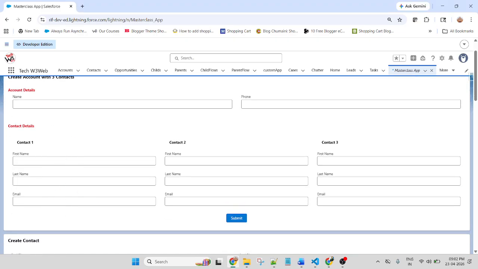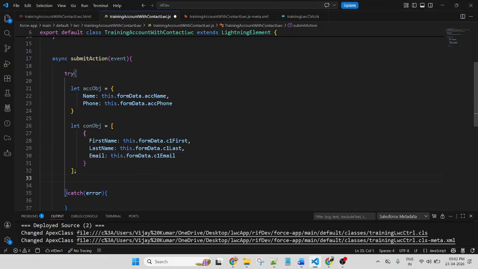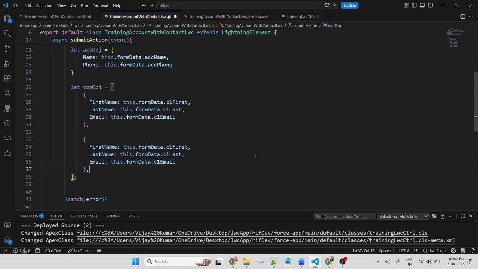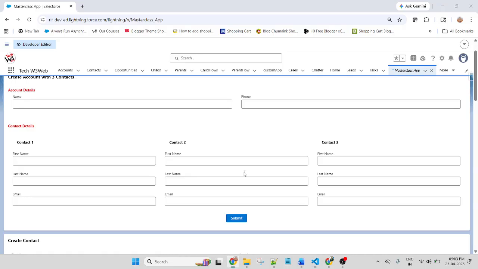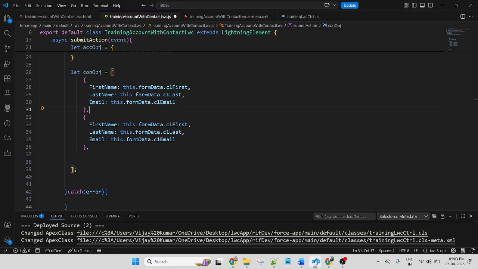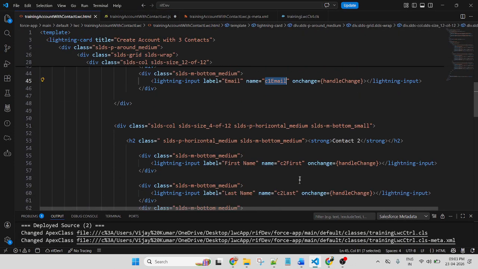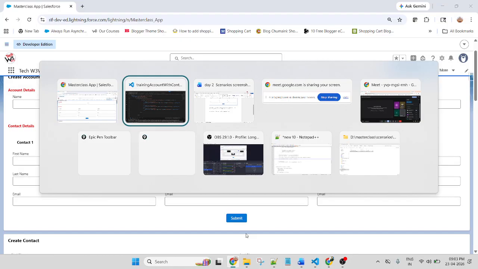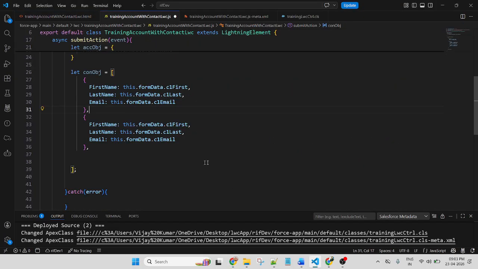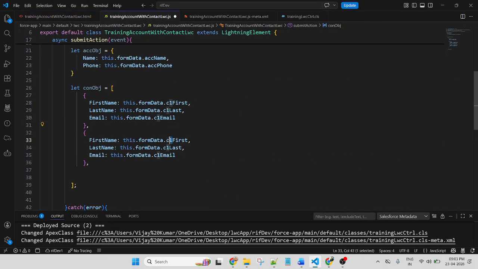Now similarly copy, put a comma, and copy for the second one. The names are the only difference. I am putting C2, C2, C2, and the third one is C3, C3, C3. So the structure is the same, only the name will change. The field names are the same.